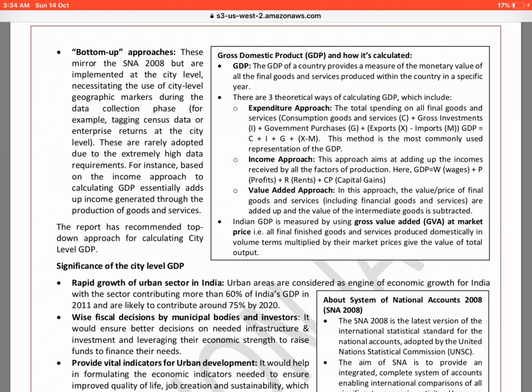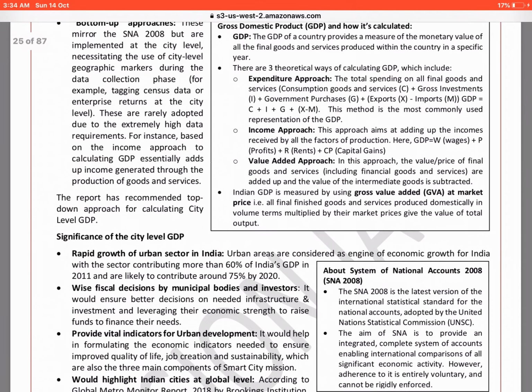And even the cities are different because of all the varieties that I have told you. So first of all, collection and calculating data. Second is comparing the two uncomparables, because only like should be compared. So these are the reasons that the bottom-up approach is not something that is desirable